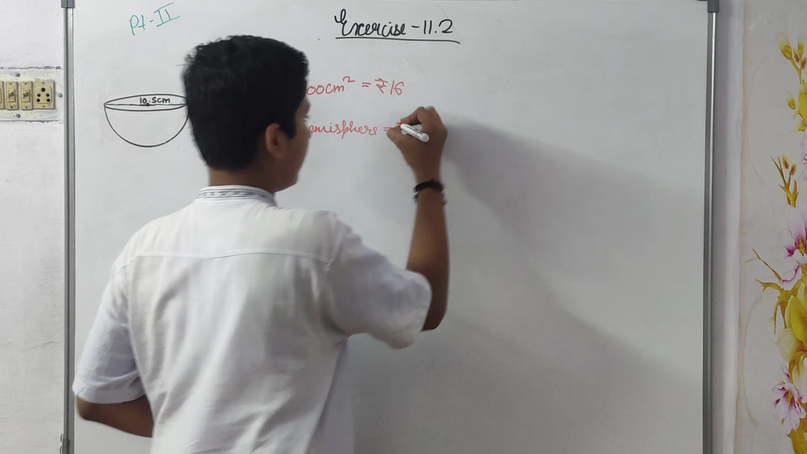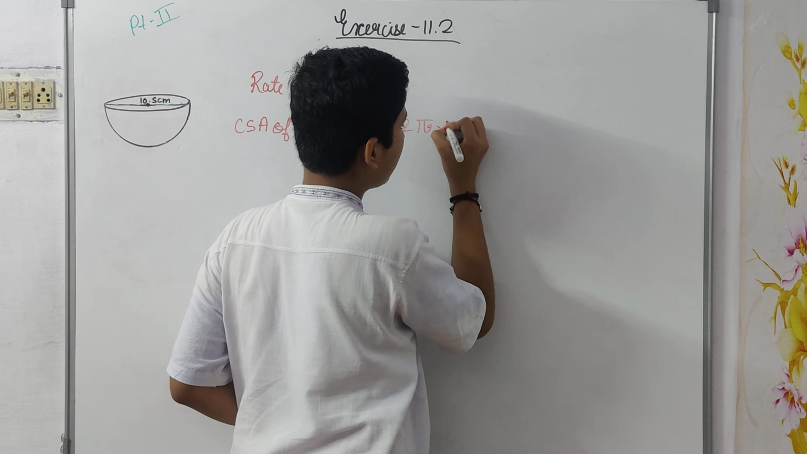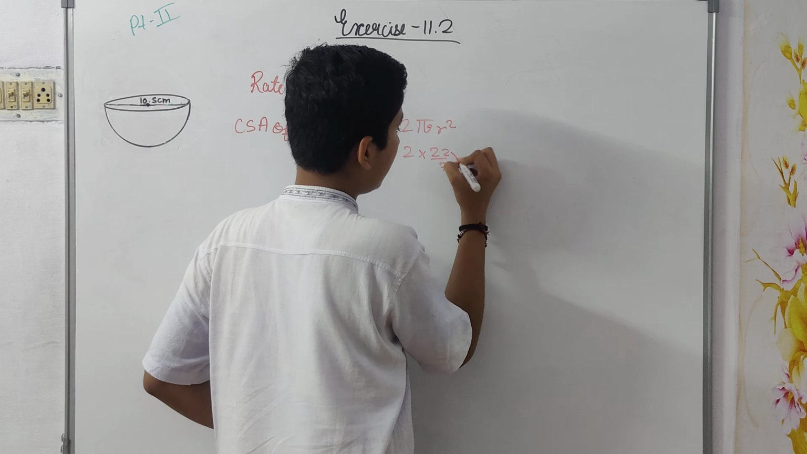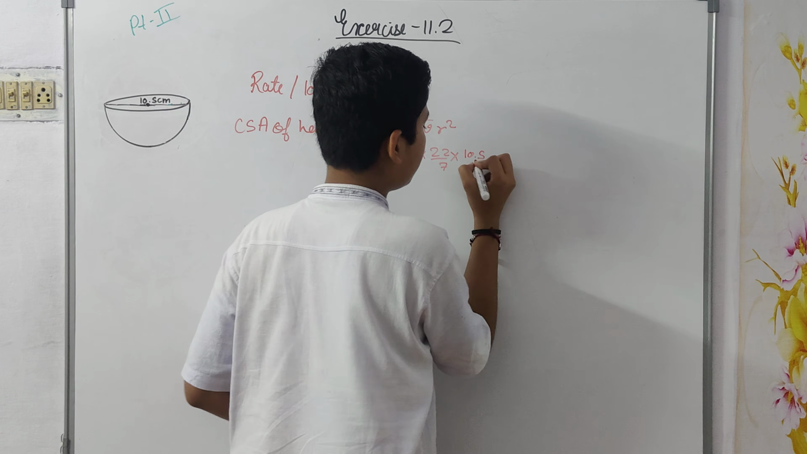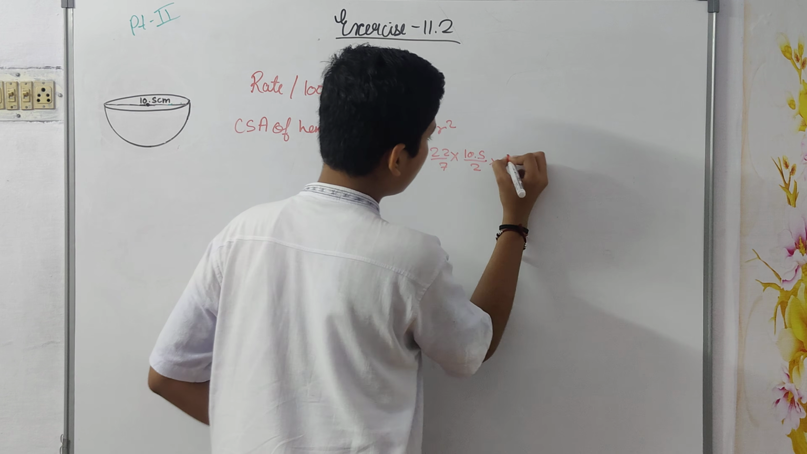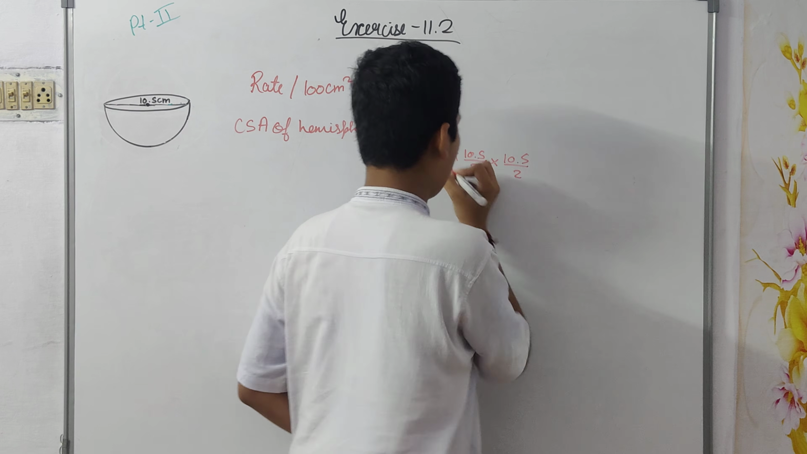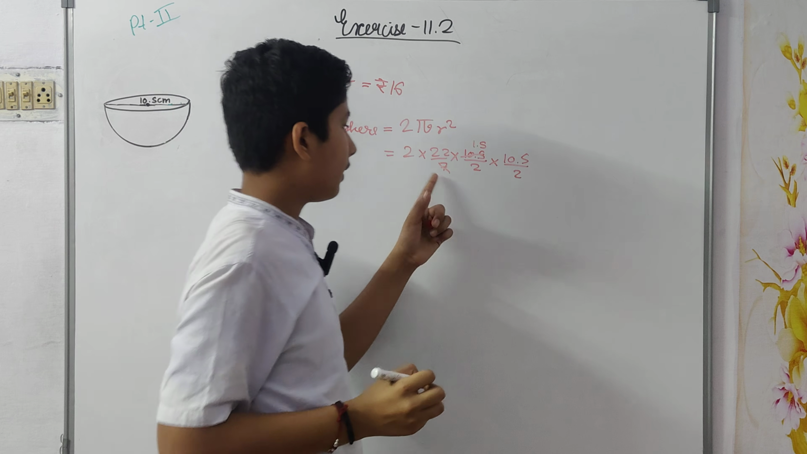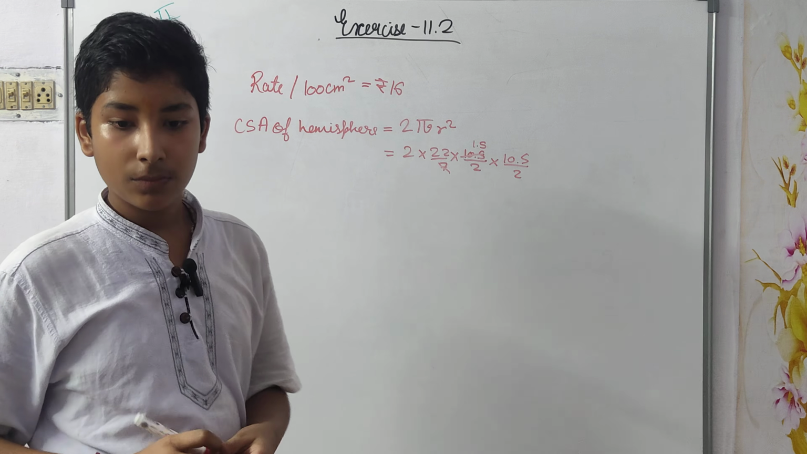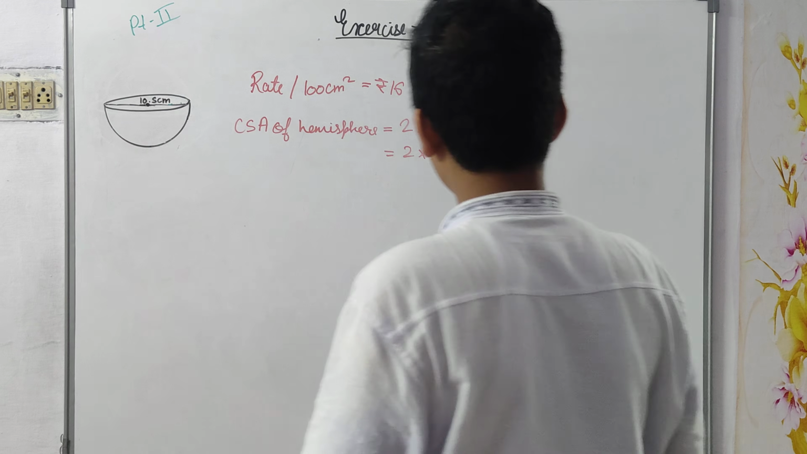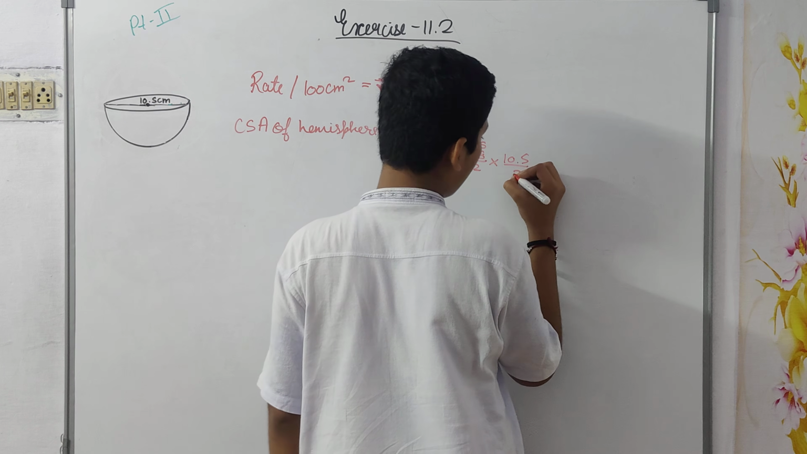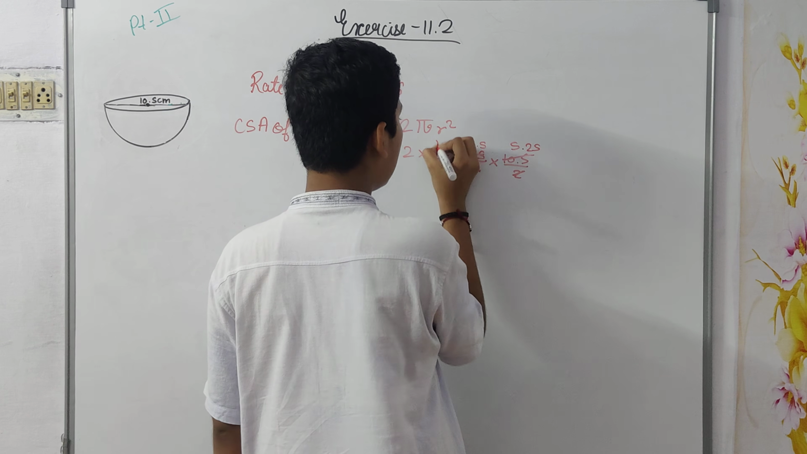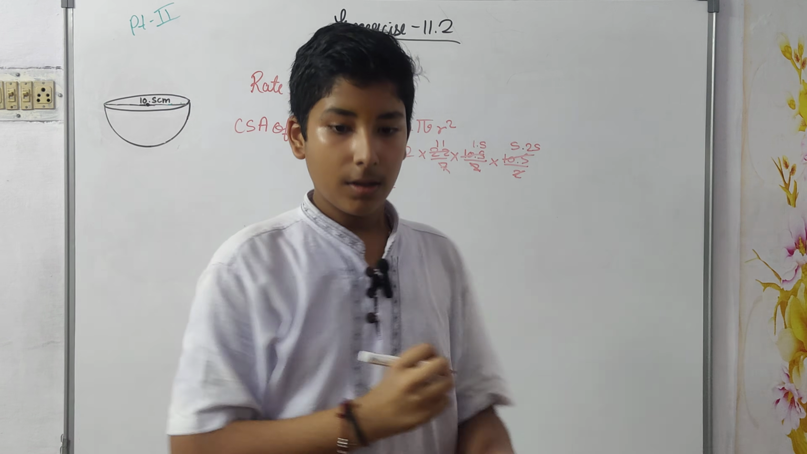Okay, so CSA of hemisphere is 2 pi r square, which is 2 into 22 by 7 into 10.5 by 2 into 10.5 by 2. Let me tell you, 7 multiplied by 1.5 is 10.5. Now 10.5 divided by 2 is 5.25. This 2 will cancel, 11. When we solve this, we get